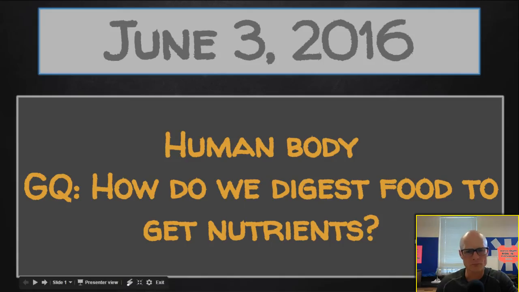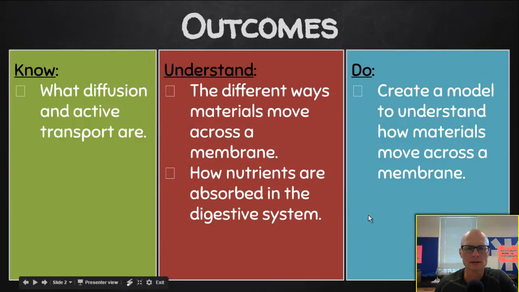All right, Friday, June 3rd, the last day of activities around digestion, and that is lessons 6 and 7. So they're focused on diffusion and active transport and the way our bodies absorb nutrients. We look at different ways materials move across the membrane, as well as how nutrients are absorbed in the system,